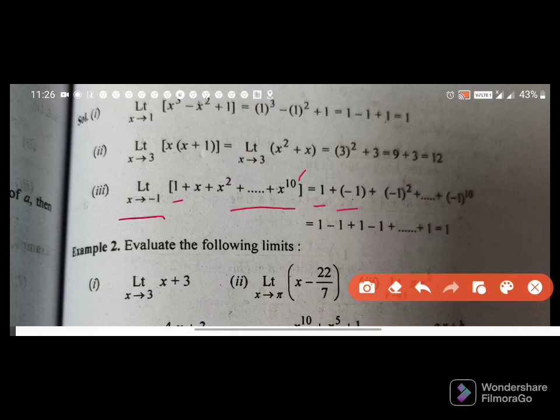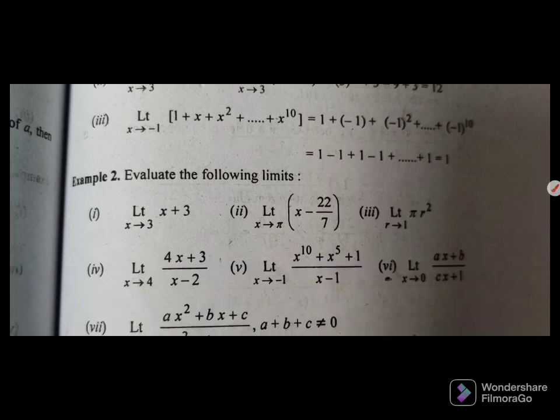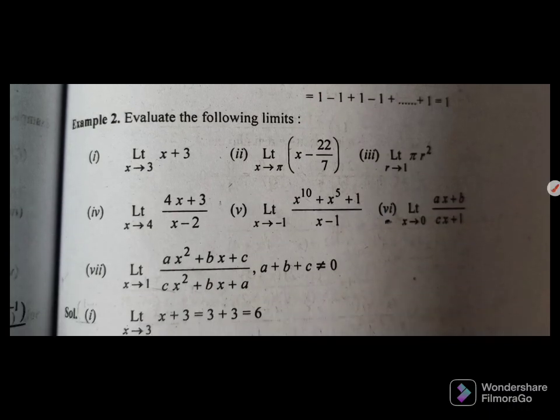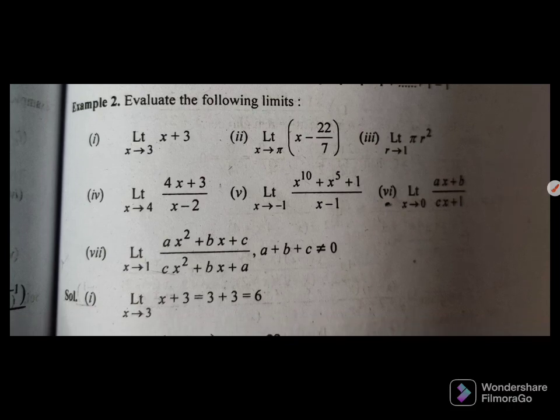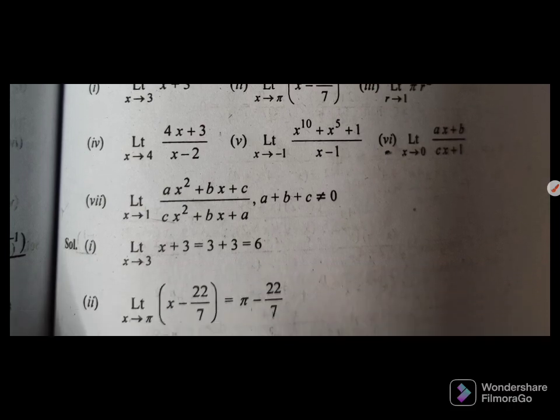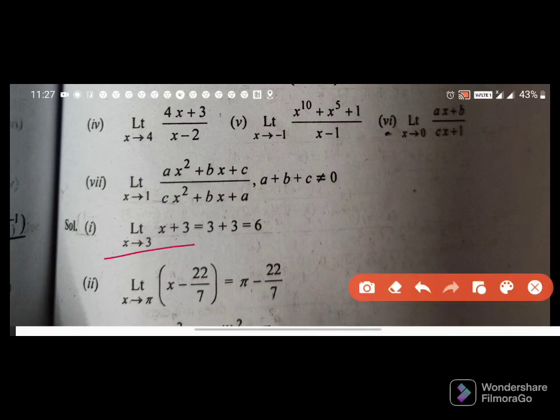Next question. Evaluate the following limits. Limit x tends to 3, x plus 3. Put x is equal to 3, 3 plus 3 is equal to 6. Very simple question. Next question, limit x tends to pi, x minus 22 by 7. Now put x is equal to pi, pi minus 22 by 7. Next question, third part, limit r raised to the power